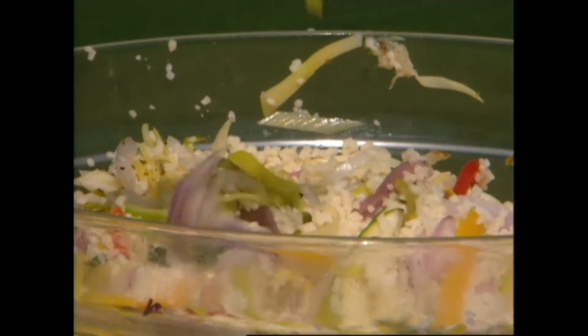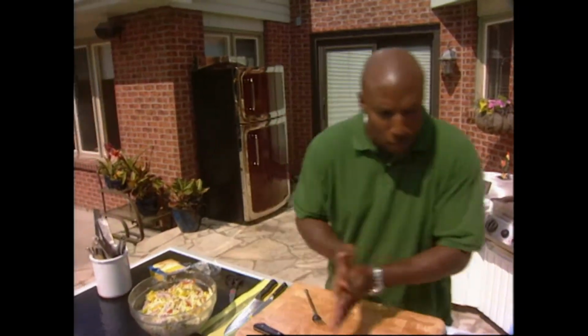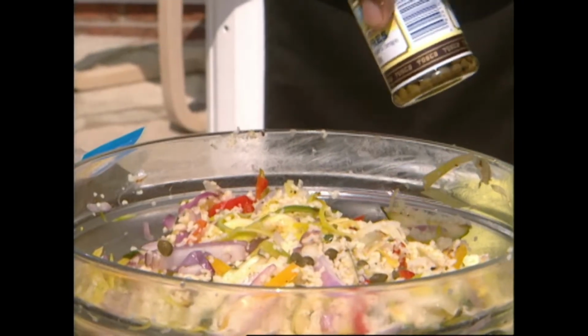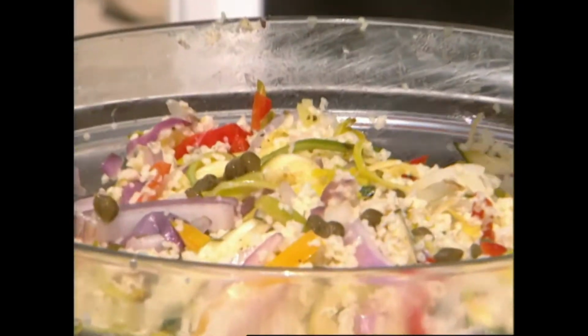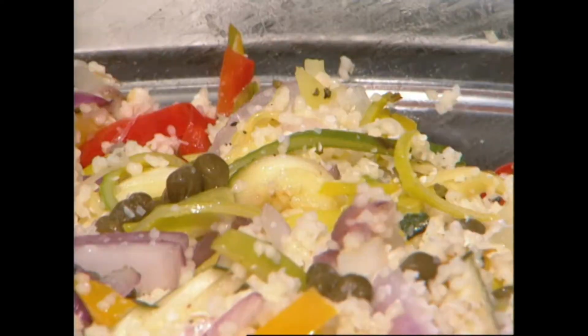Just get a quick taste. Now we have to season that. We have some capers here. We can add a little saltiness. Touch of that brine on there too. Little salt, little pepper,